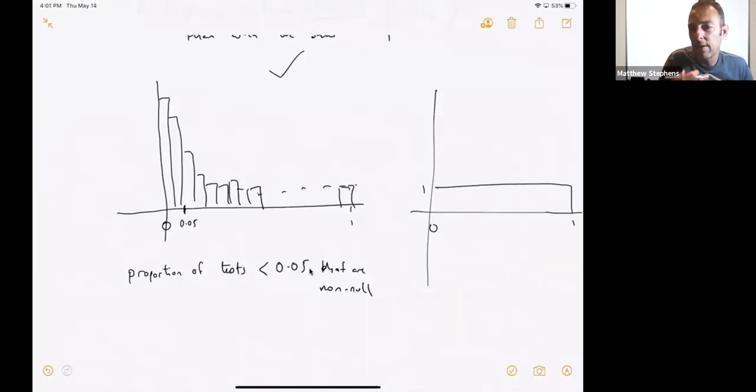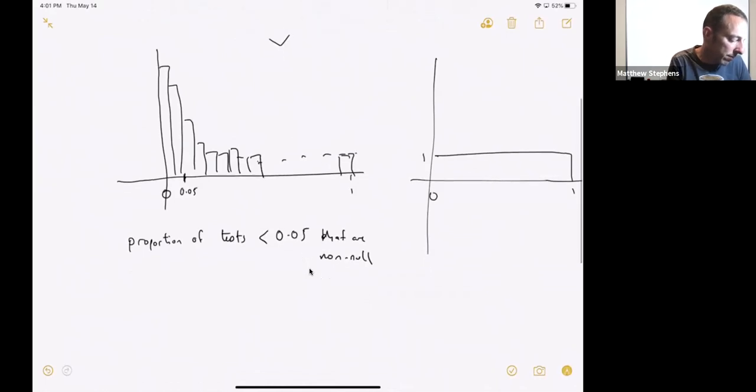So, thinking of a rejection as a discovery, you're asking: among the ones we rejected, which ones are false discoveries? Which ones were really null? And what's that proportion? The way I view it anyway is that, because we've got lots of p-values, this histogram essentially allows us to estimate that quantity, the false discovery rate, from the data. And the way that this approach called Q-value does that,